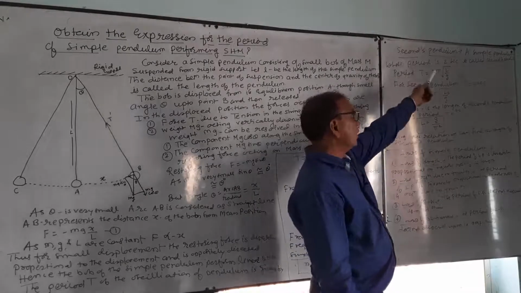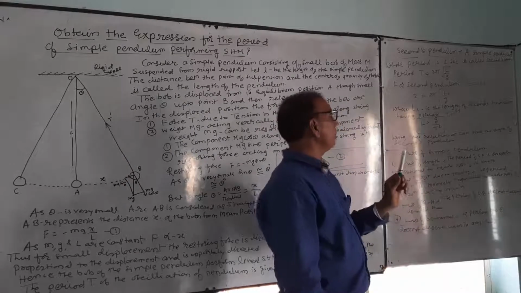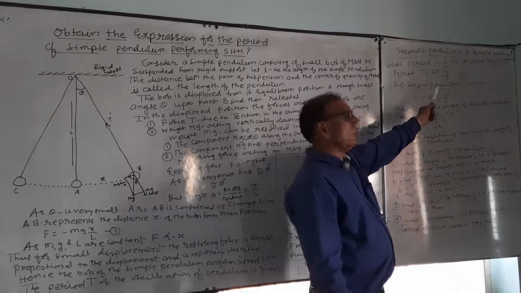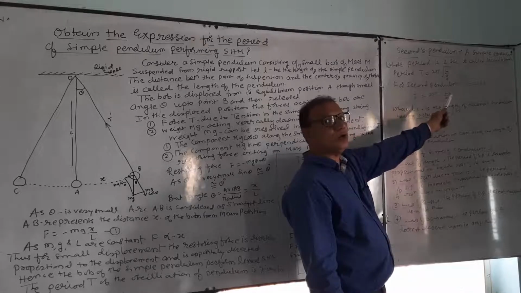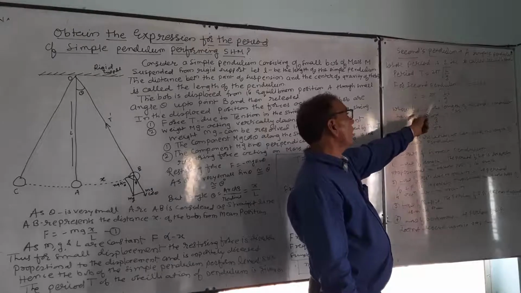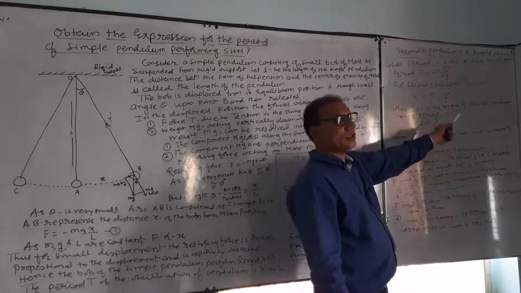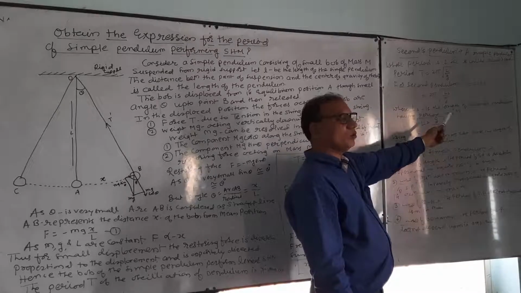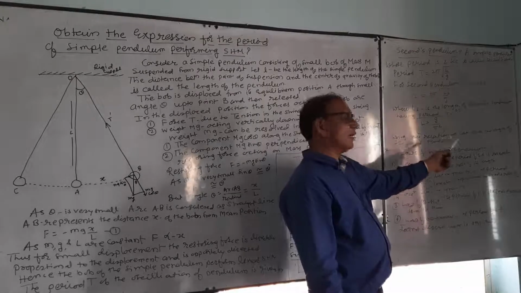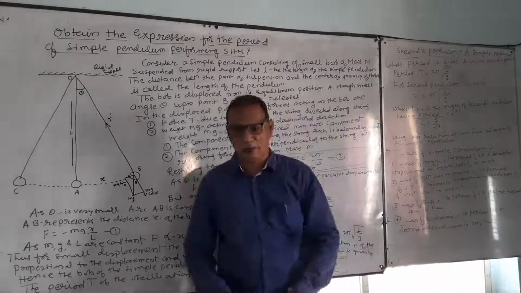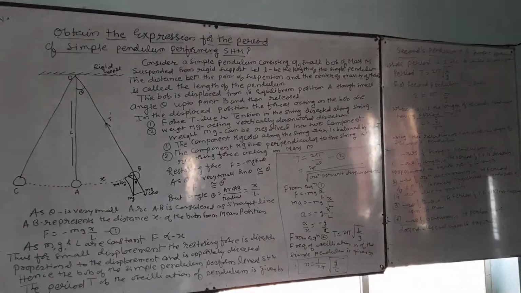Once again, a simple pendulum whose period is 2 seconds is called a seconds pendulum. Write the basic equation. Period T is equal to twice pi square root of L upon g. But for seconds pendulum, T is equal to 2 seconds. 2 is equal to twice pi square root of L suffix S upon g, where L suffix S is the length of the seconds pendulum having period T equal to 2 seconds, and finally L is equal to g upon pi square. Using this relation, we can find the length of seconds pendulum. After that, we will discuss the laws of simple pendulum.